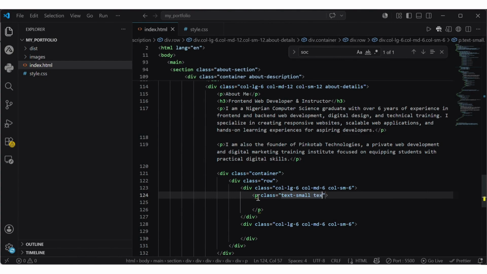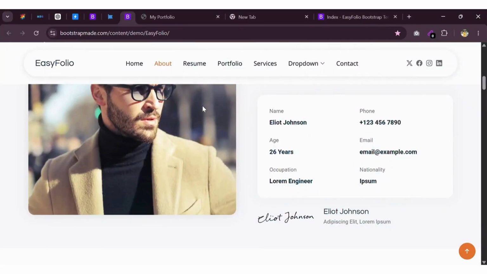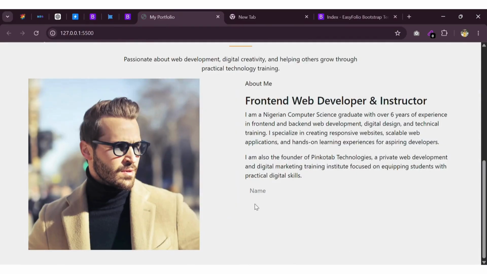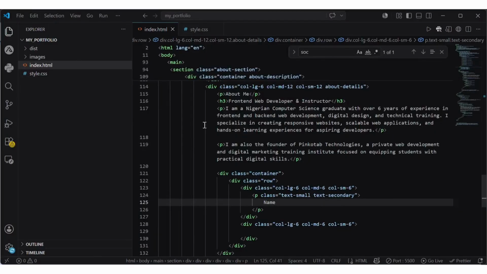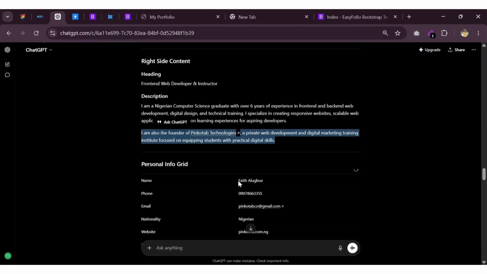Then we'll have the color text secondary, that should be text secondary. So let's see, name. Great. Okay, so from our content, this goes for name,